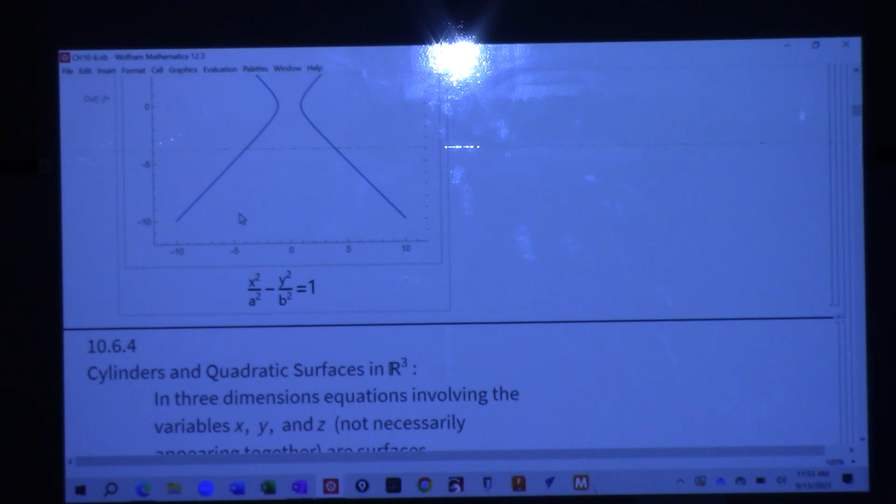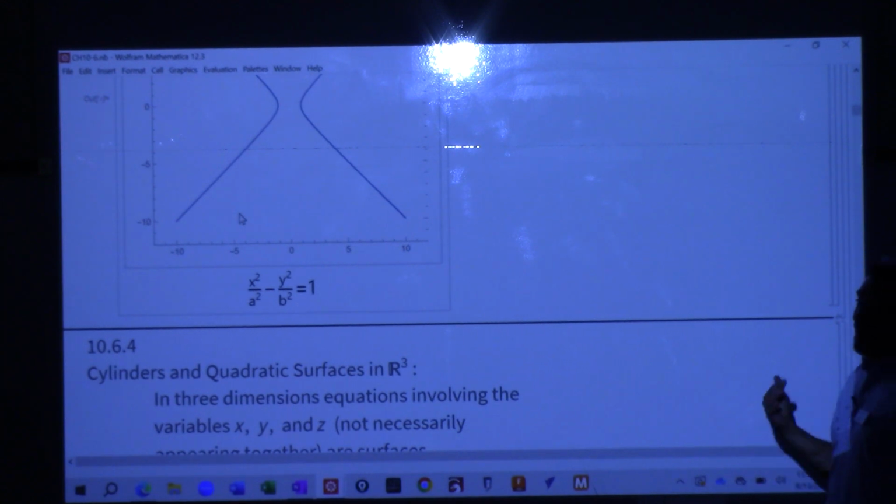Okay, now let's step into three-dimensional space. So here we had these were all what we call quadratics or conics. These are based on quadratics because both our variables are squared. It's just whether or not we have addition and subtraction and whether or not this side is 1 or some constant. When we go into three-dimensional space, now we have 3